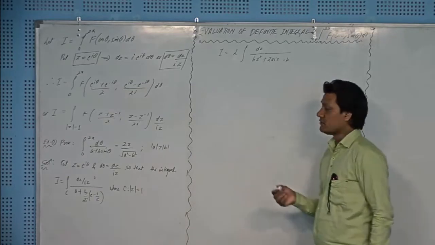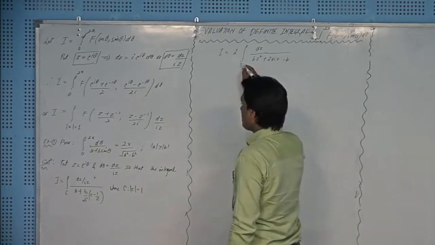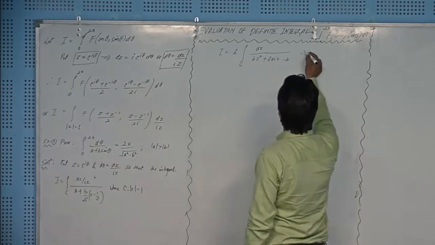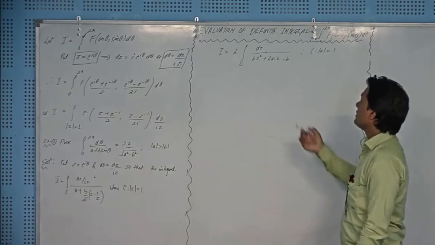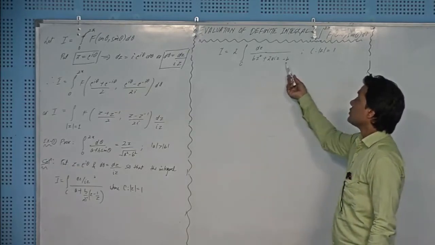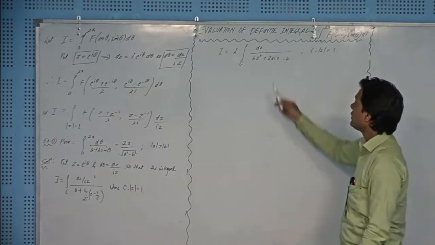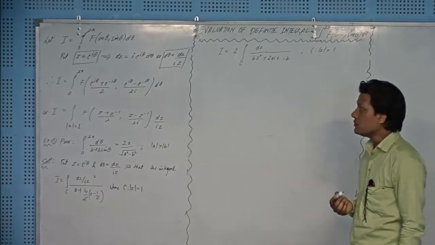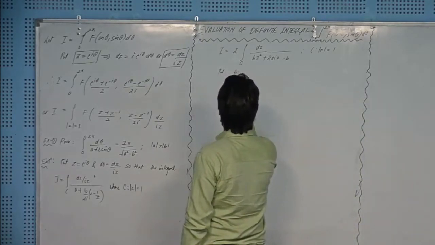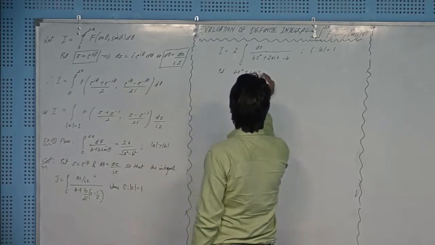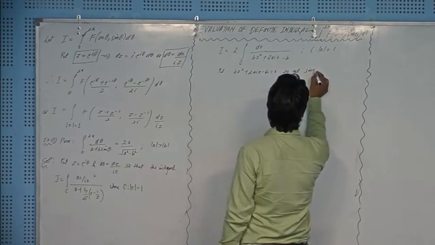So be careful at this step while taking the LCM in the denominator, okay. So this is a C, right, okay, so C is mod z equal to 1. You can see that the poles or singularities of the function can be obtained by equating this denominator equal to 0, right. So put denominator equal to 0, put bz square plus 2a eta z minus b equal to 0 to get singularities,